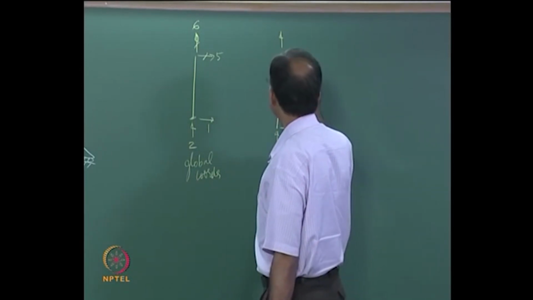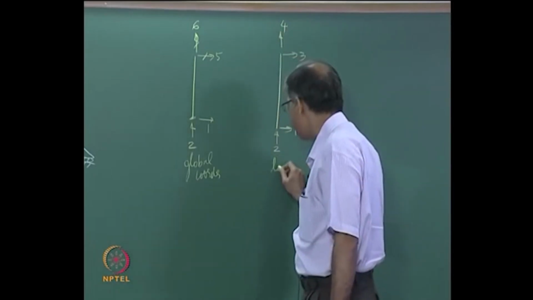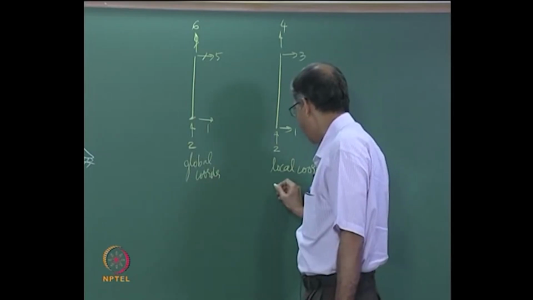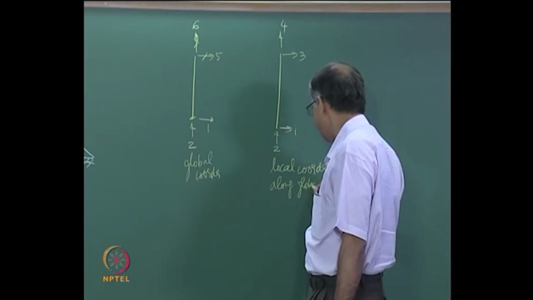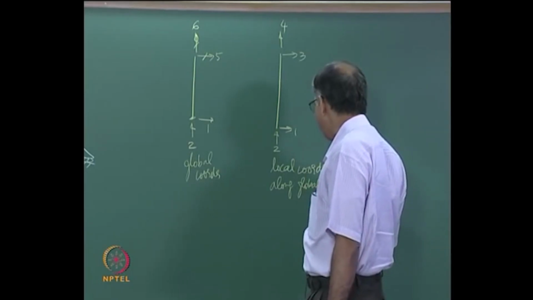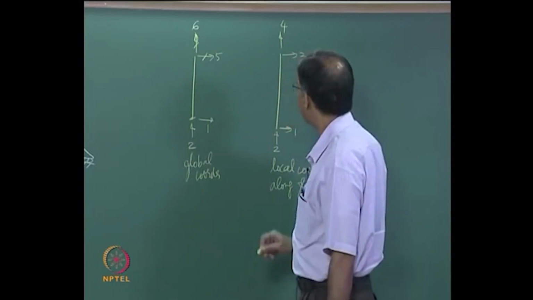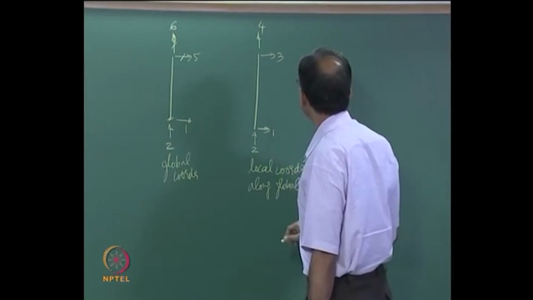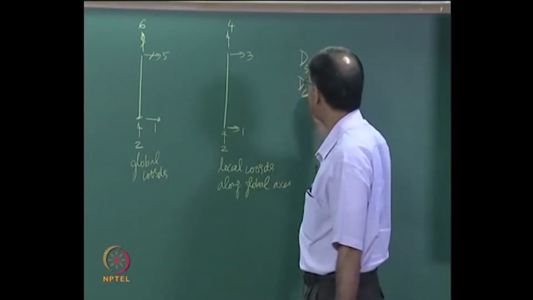This is 1 2 3 4. What is this? This is local coordinates along global axes. That means I have already aligned it in this direction, right. Now D5 and D6 in the structure must be equal to,